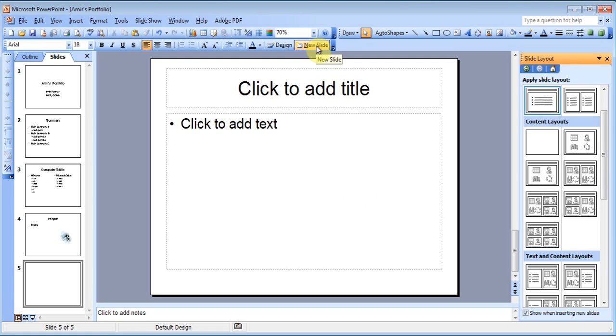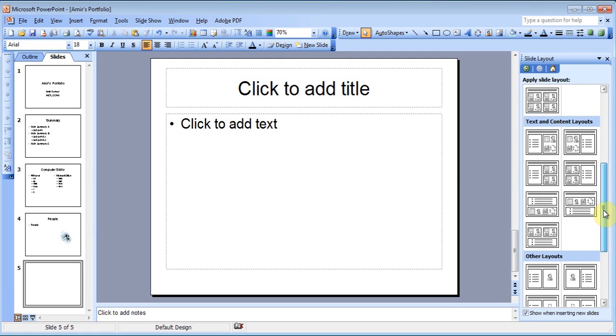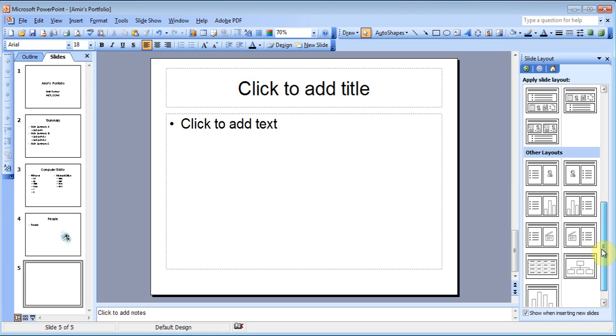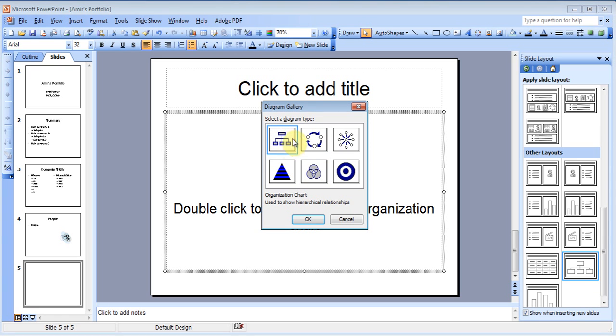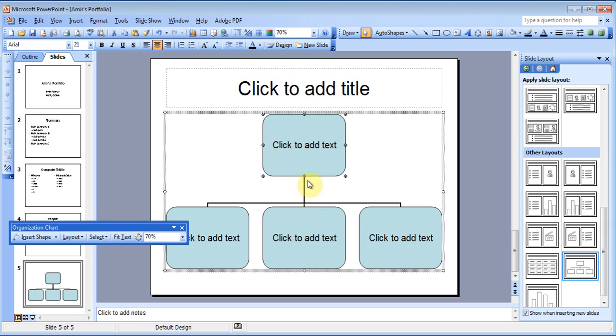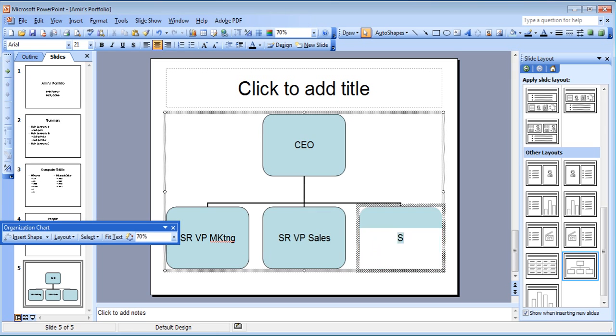Let's add another new slide, and let's do one with a chart. Let's do the organization chart. Double click on it, and I can create this hierarchy chart. Click OK, and I can start adding things in here. CEO, this will be Senior VP Marketing, VP Sales, Senior VP